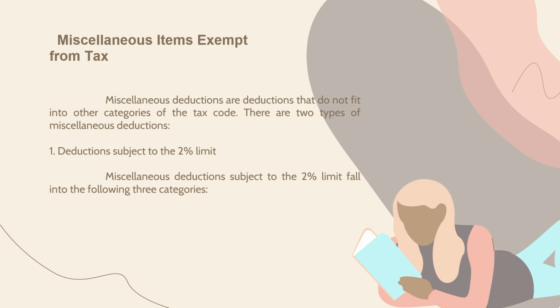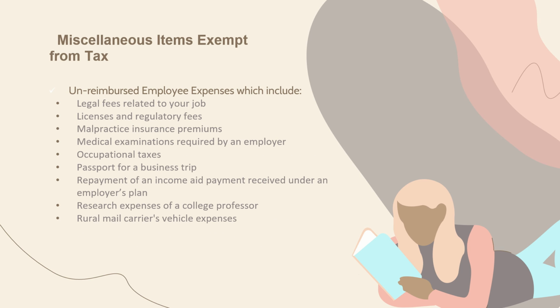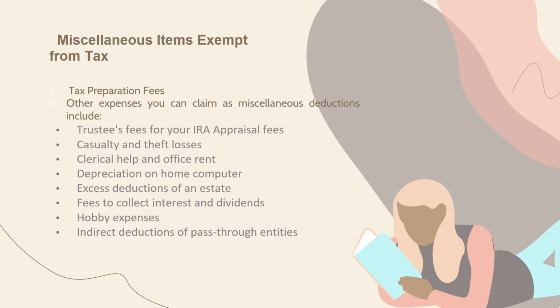Miscellaneous deductions subject to the 2% limit fall into the following categories: legal fees related to your job, license and regulatory fees, malpractice insurance premiums, medical examinations required by an employer, occupational taxes, passport for a business trip, repayment of an income aid, payment received under an employer's plan, research expenses of a college professor, rural mail carriers' vehicle expenses, tax preparation